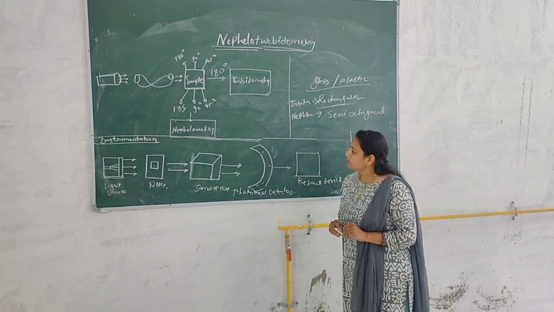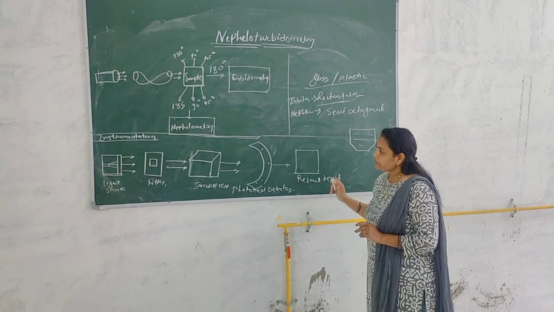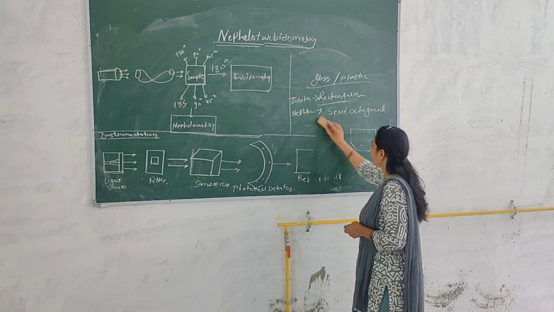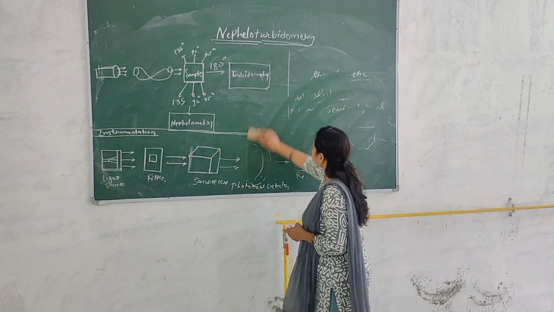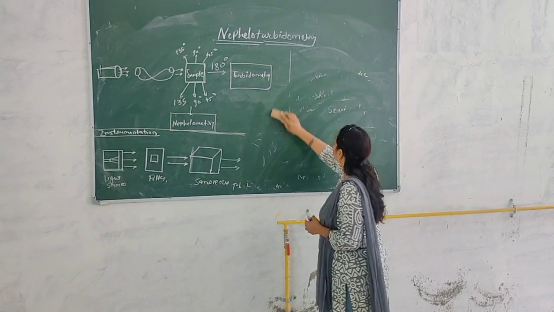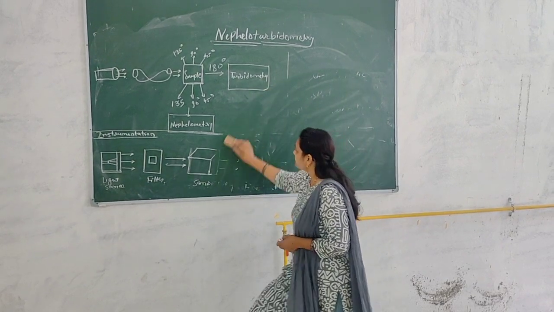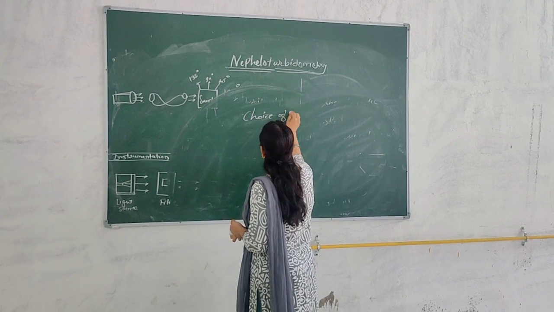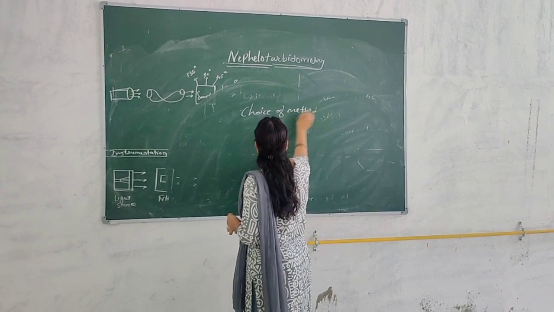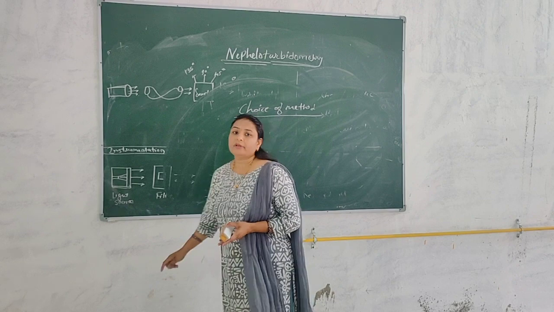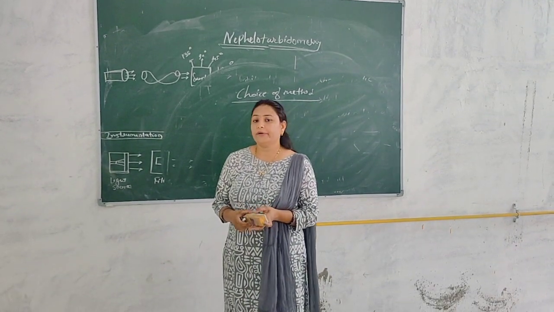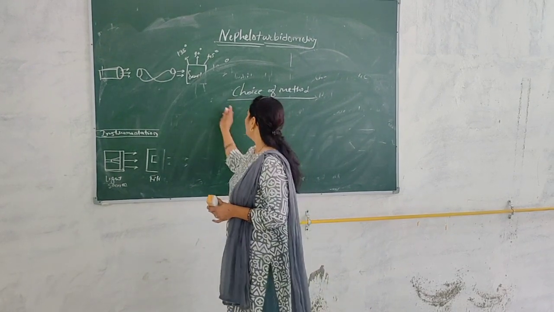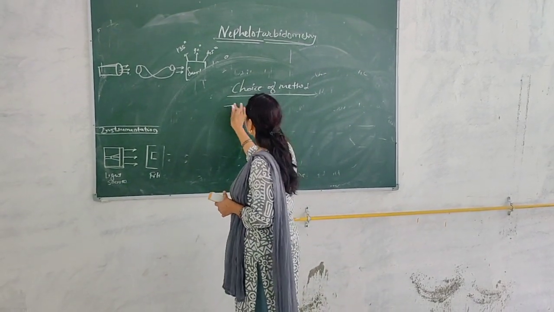Now we will see the choice of method. In which condition can we use nephelometry and turbidimetry? It depends on the amount of light scattered by the sample. So for turbidimetry,